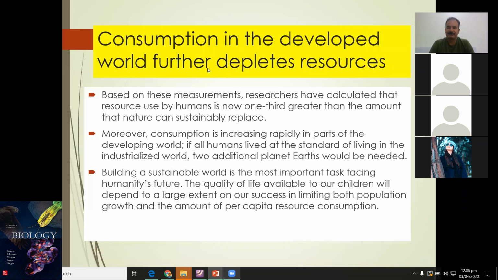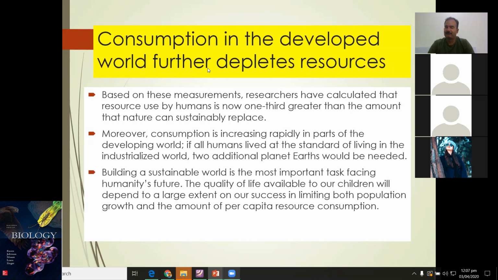You can observe the expansion of urbanization and housing colonies in Lahore. In 2000, the area of Lahore was quite small, and nowadays it has expanded to 3 to 4 times the previous area of Lahore. So there is a need for the building of a sustainable world, which is the most important